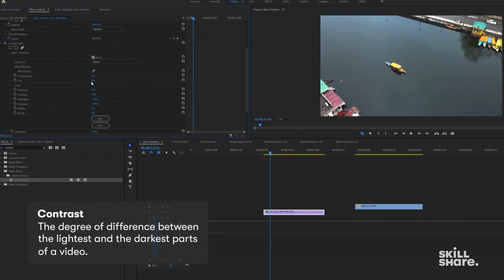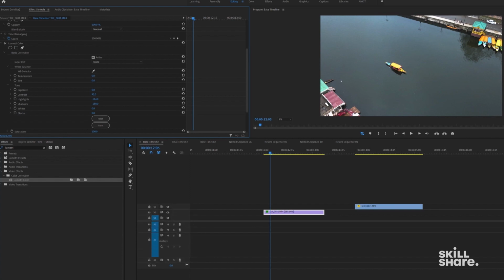And here you can change the temperature. For example, if you want to make it a little bit bluish, you can make it bluish. You can change it to the right side, you can make it yellowish. So I like a little blue, a little moody look. And then you can change the tint. See, it's going to change to magenta or whether you want green. So I like a little green. So I'm going to change it on the left side.